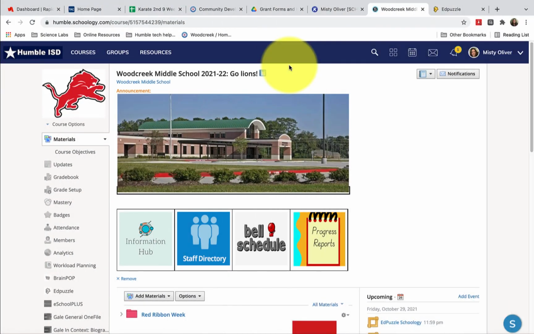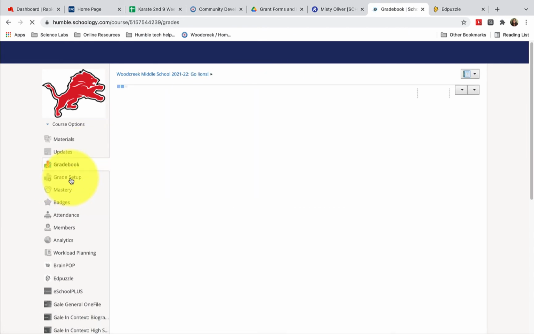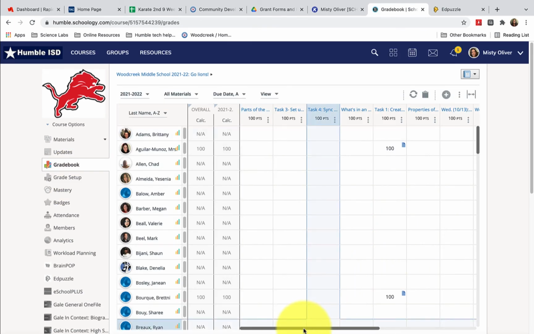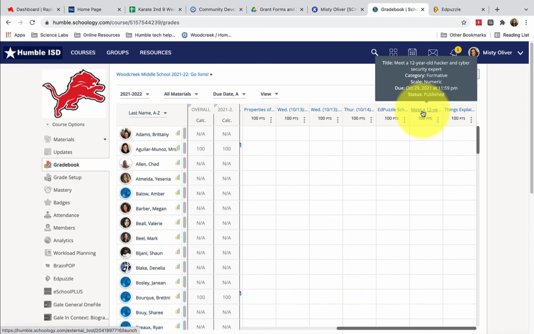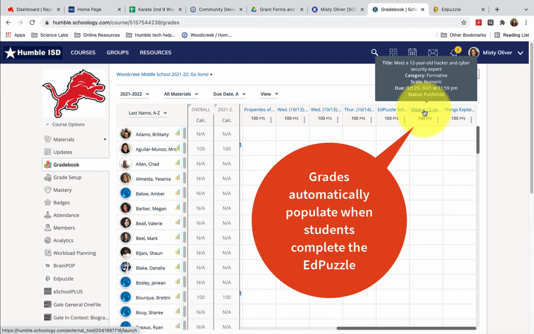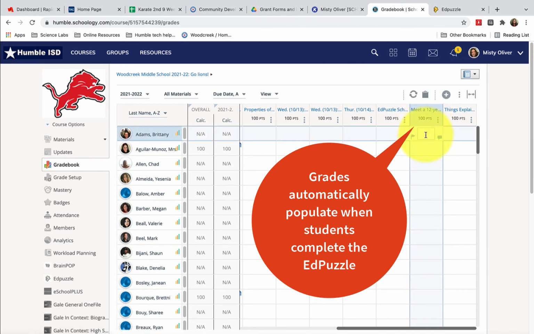So now that we've created the assignment and we've enabled grading, let's go check out what it looks like in the gradebook. So if you click on your gradebook, you'll see all of your students and the assignments you have for the course. You can scroll over to where we put the Edpuzzle and you'll see it has already created a column for us to use. So meet a 12-year-old hacker and cybersecurity expert. The grading column is there, and when my students take the Edpuzzle assessment, their grades will automatically be populated into